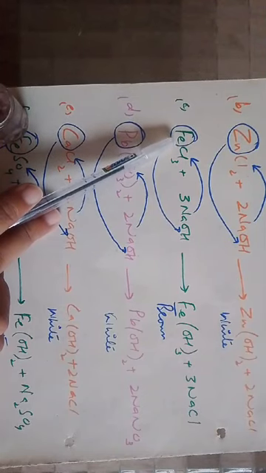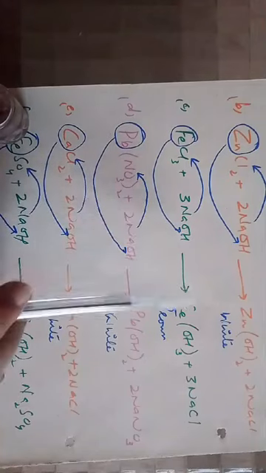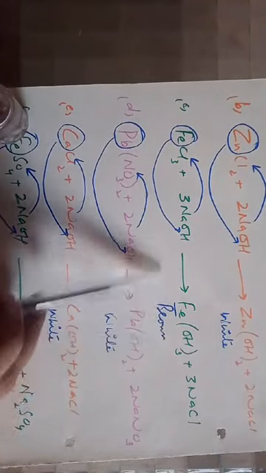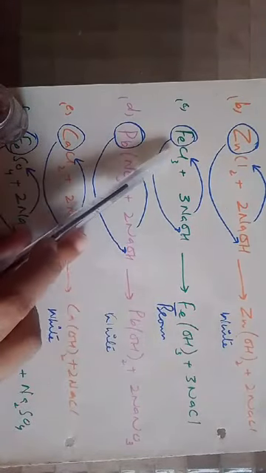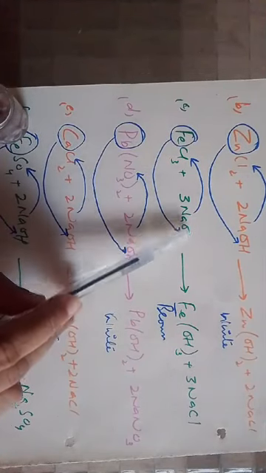The third one is ferric chloride and sodium hydroxide. When they combine, they form ferric hydroxide and NaCl, same mechanism. The first element goes towards the last and the